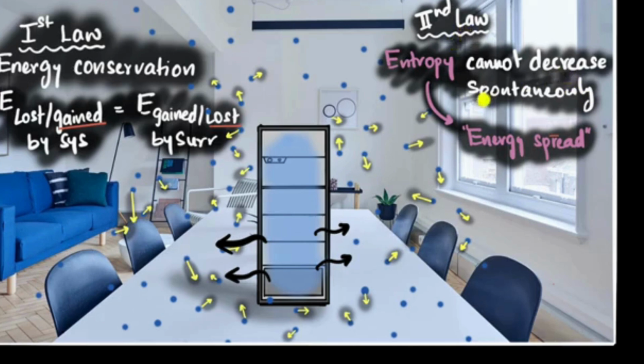No, because the keyword over here is spontaneously. We said this cannot happen spontaneously. A refrigerator does not do this spontaneously. It does it by using electrical energy. There's a heat pump over there which runs on electricity, and using electricity, it is pumping the heat out. So look, it's not happening all by itself. It's using electricity to do it, therefore that's fine. It's not a spontaneous process, so it's not breaking the second law. You can imagine if the power goes off, then the heat will start flowing back in and all your food will get spoiled. But now you might say, well, wait a second, what about the entropy of the system?